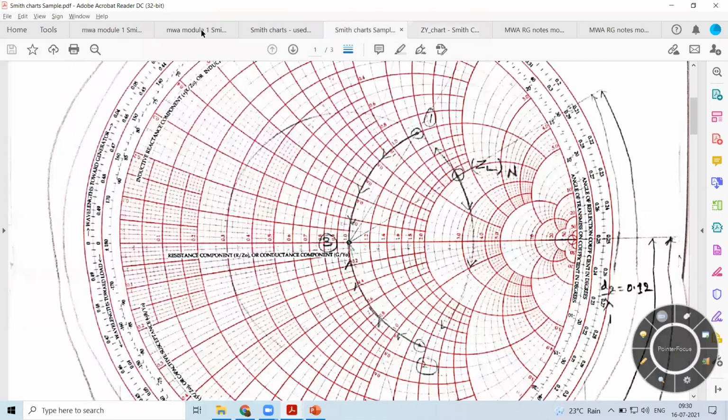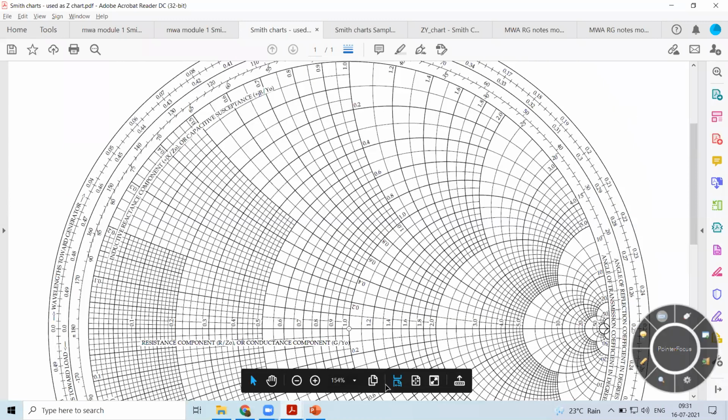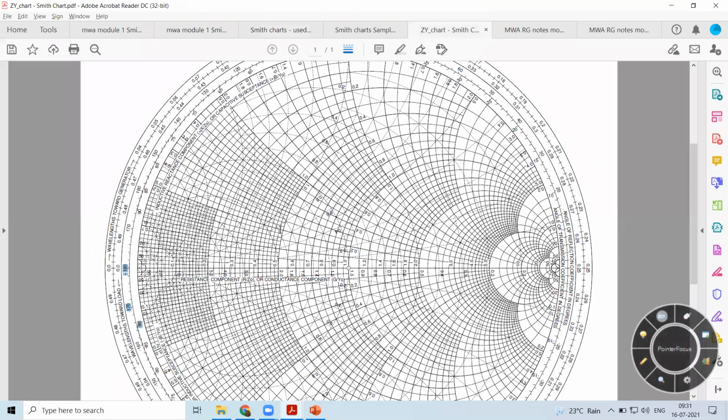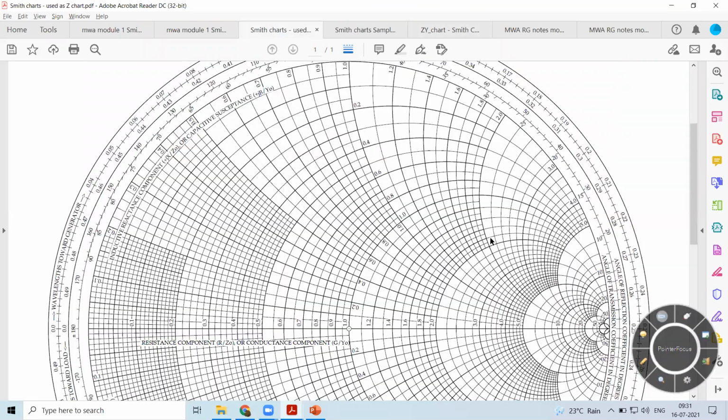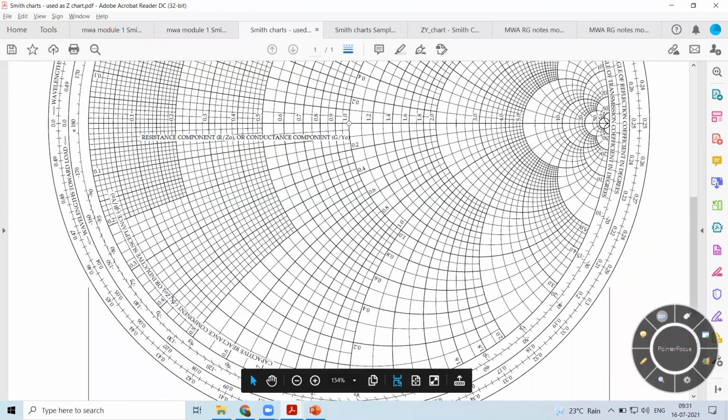So these are the two kinds of charts you can observe. If you're using this one, this is the Smith chart used as the admittance chart. The same chart can be used as the impedance chart, and the same chart can be used for plotting the admittance values. But if I want the superimposition, this is the chart we have. What is the difference between this and this? In this chart, I do not rotate it. I'll be using the same chart, but when plotting the values, the upper half is used for plotting the positive values. Here you can see the positive imaginary part, but the lower half is used for plotting the negative imaginary part.